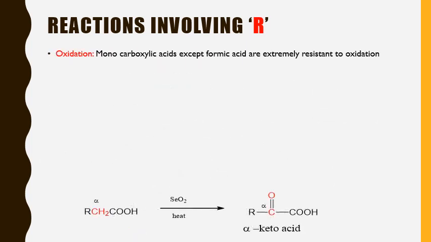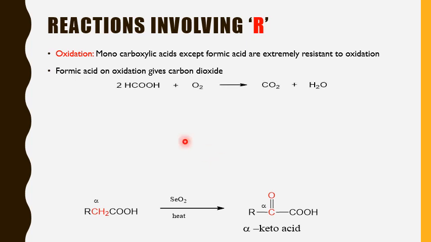And the next category where the R group is involved is oxidation. For the oxidation purpose, can we imagine oxidizing the R group, where only carbon and hydrogen are involved? Have you remembered alkanes undergoing oxidation? Yeah, it's very tough unless very drastic conditions such as concentrated HNO3 are used. And here also, since we are taking only the R group of a carboxylic acid, can we imagine its oxidation? It is very difficult except for formic acid, which is HCOOH. The oxidation of all other carboxylic acids is very tough.